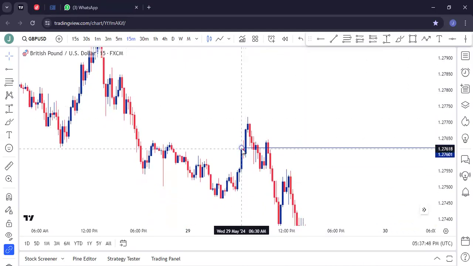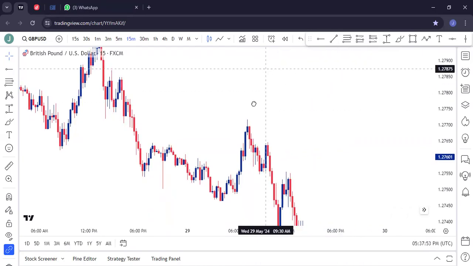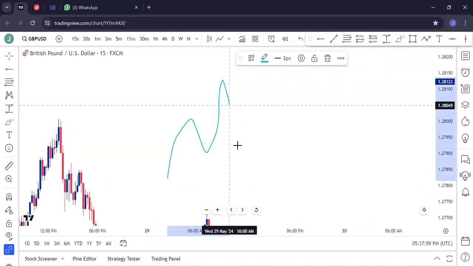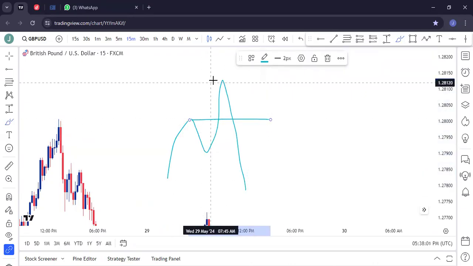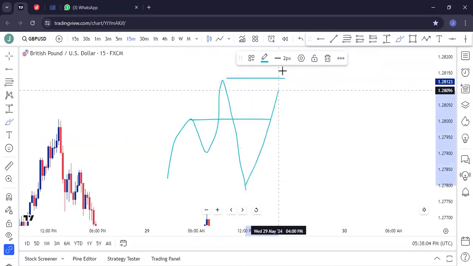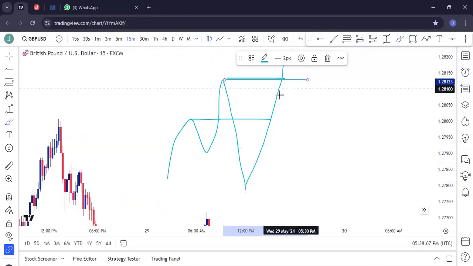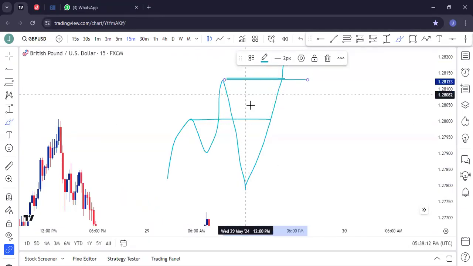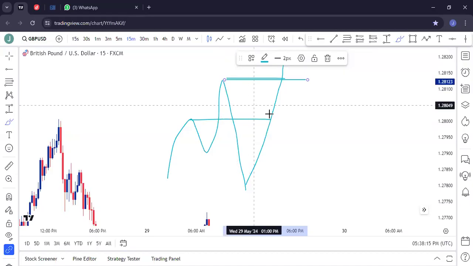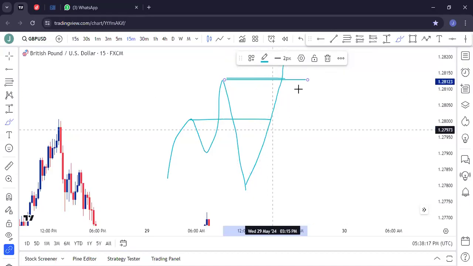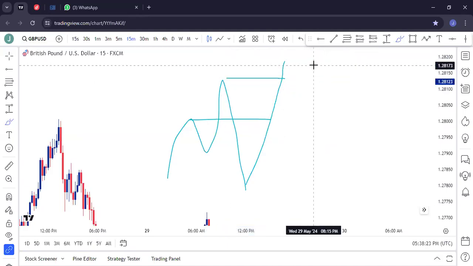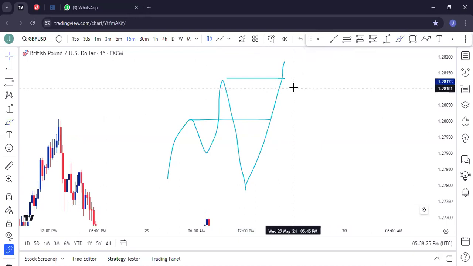So after that, I think tomorrow again we are going to have another session. In tomorrow's session we are going to look at the scenarios where we mark the liquidity engineering as our entry point, but the market comes and breaks this point. So how do we act in a scenario like this? Tomorrow we are going to learn how to act in these scenarios.